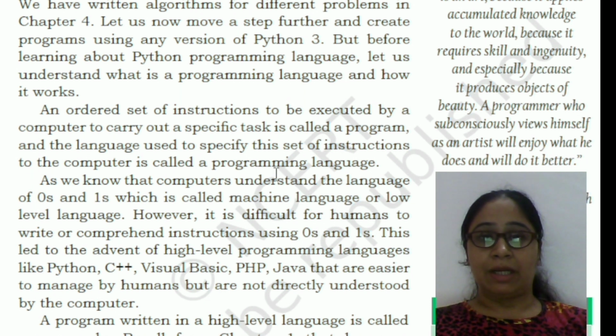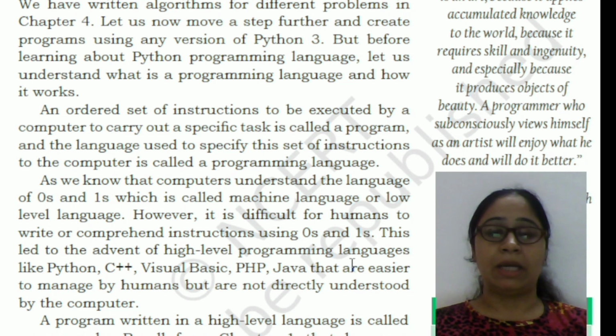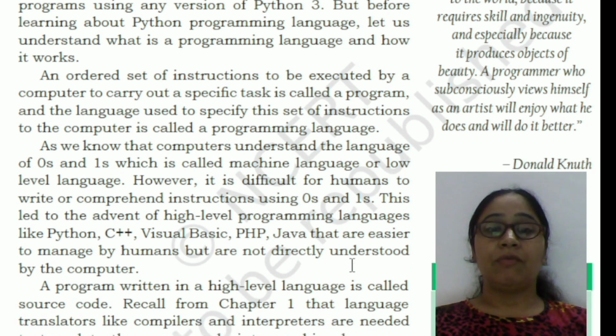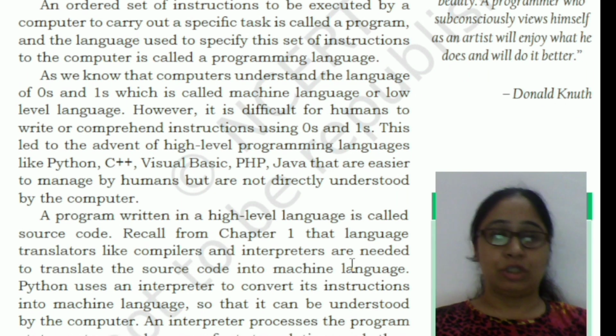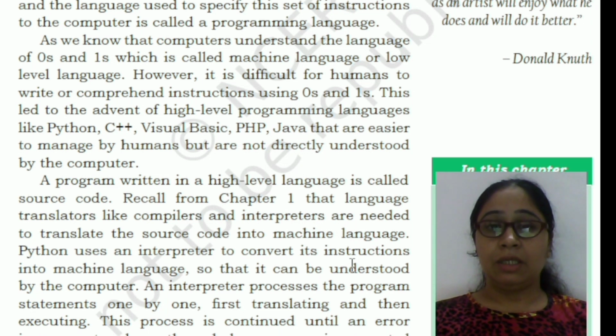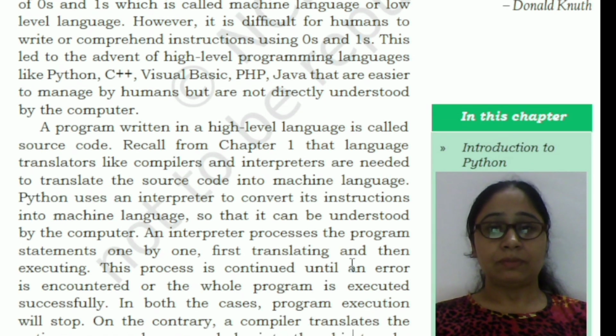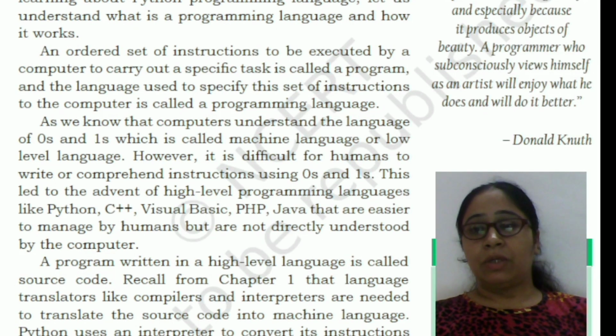These are programming languages. Now there are two types of programming languages: high level and low level languages. Low level languages are called machine language, that is in the form of 0 and 1. And high level languages are like Python, C, C++, VB, PHP, Java. So these are all high level languages. So Python is one of the high level languages, but it is very easy to understand. So that is why Python is nowadays